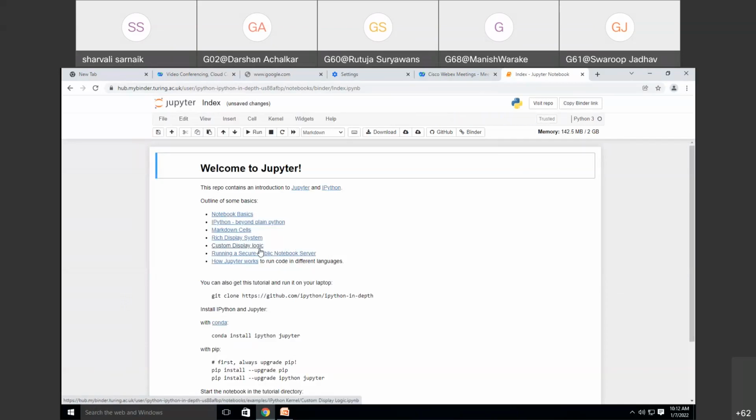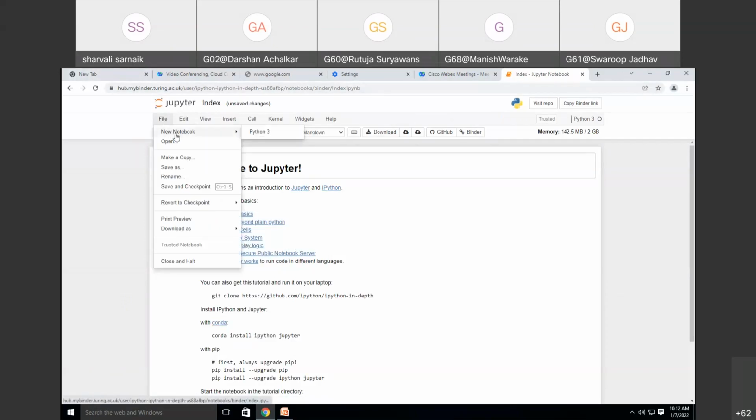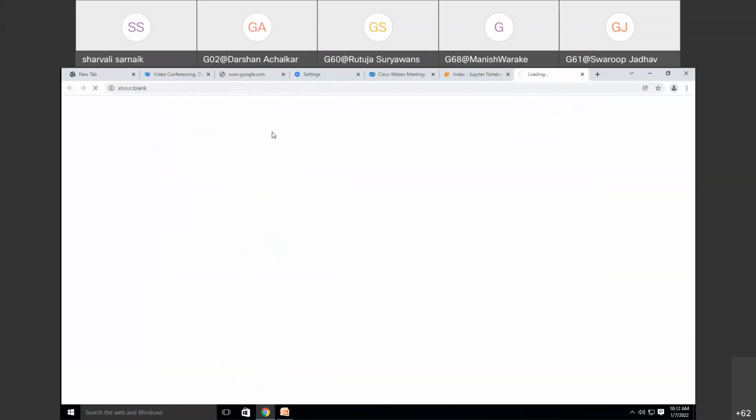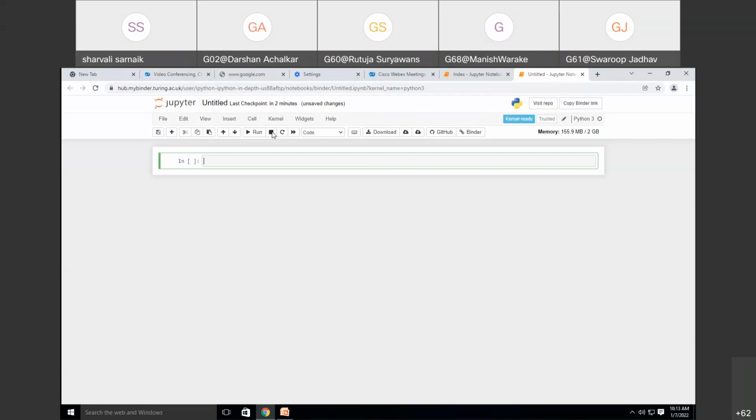What you have to do is go to File and click on New Notebook and Python 3. Now you will see there is a notebook page, where I will be doing my coding.